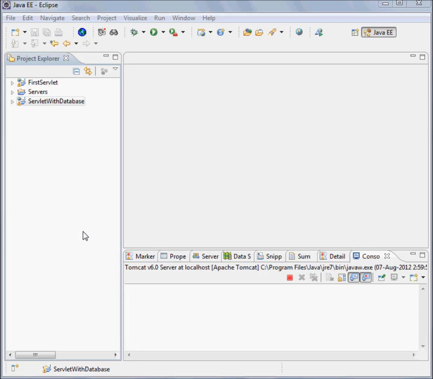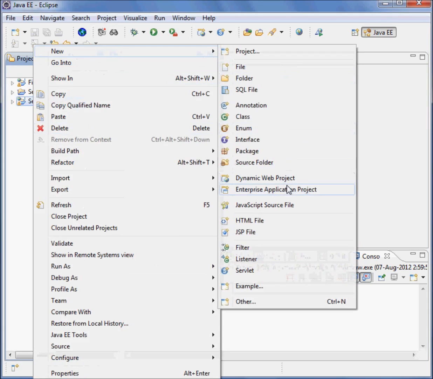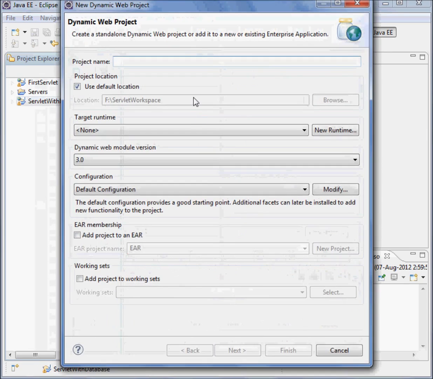Understand how to retrieve client information, how to get client machine details. What kind of browser the client is using, what language has been set in the browser, all that information we can retrieve, and that is called HTTP header information. So we can create one project, a new dynamic web project, and here I'll give